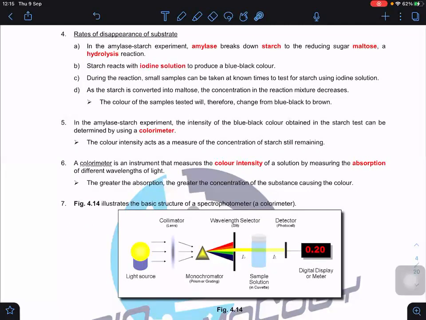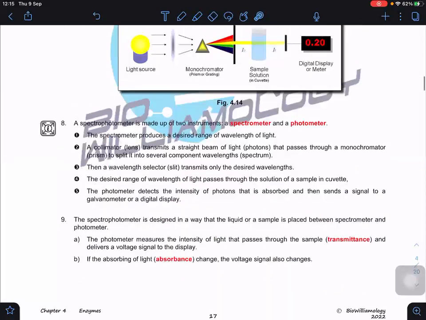During the reaction, every time we can collect some sample, sampling out, and then test for the presence of the starch. As the starch is converted into the maltose, the concentration of the mixture decreases. So you will see the change from blue-black to brown or even yellow-brown. Okay, so if you look at this process, guys,